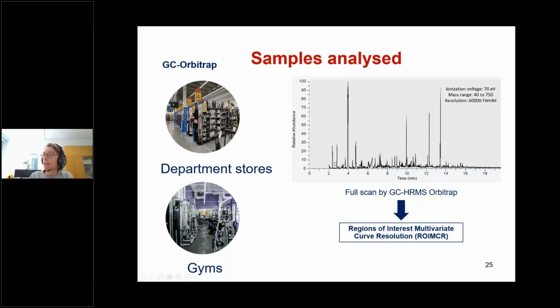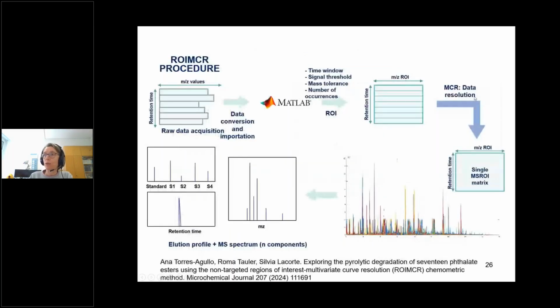And besides, we also use the regions of interest multivariate curve resolution to process the data. So what we do in here, we have the retention time of the chromatogram and the MZ values, and we convert them and we export them to MATLAB. And with applying the regions of interest